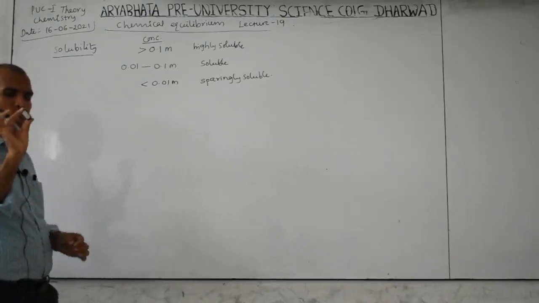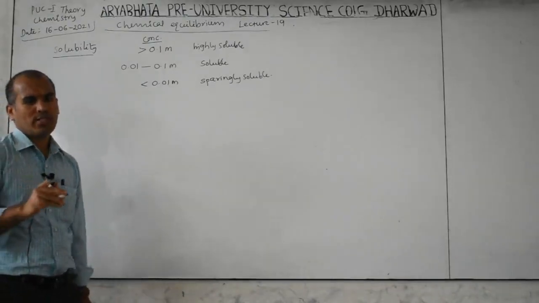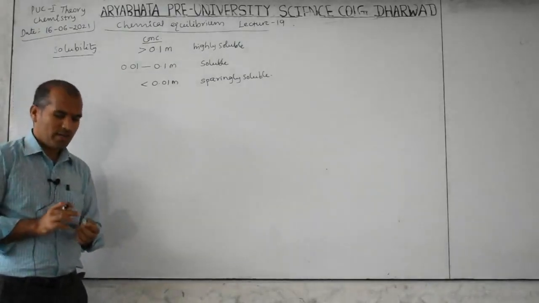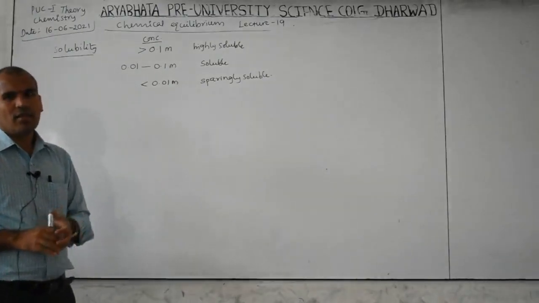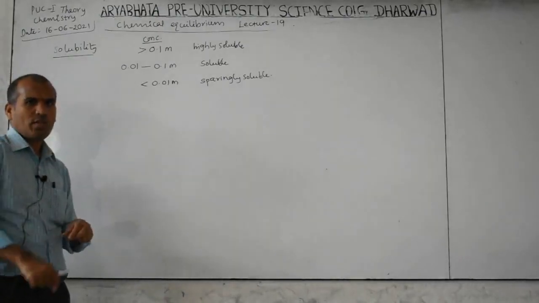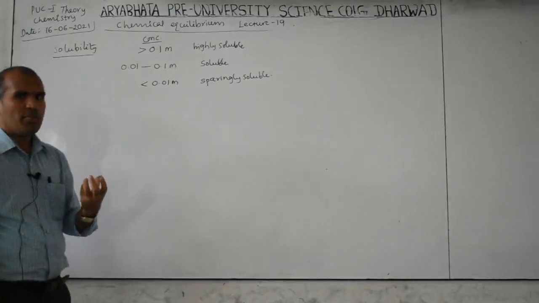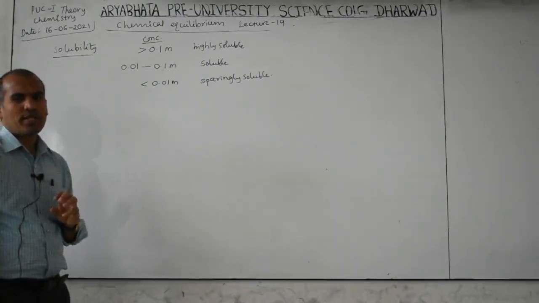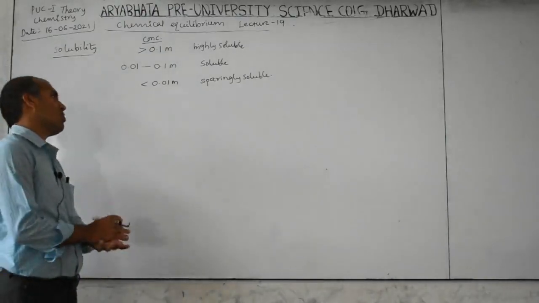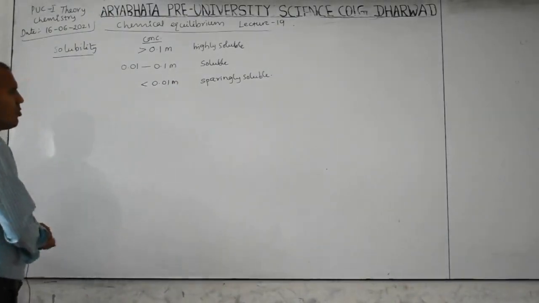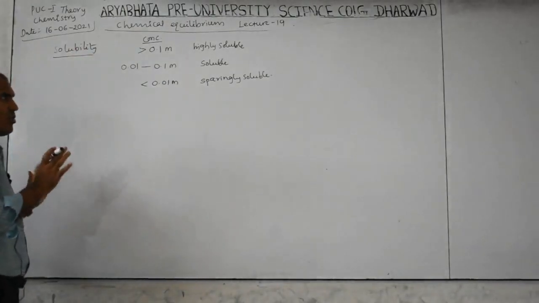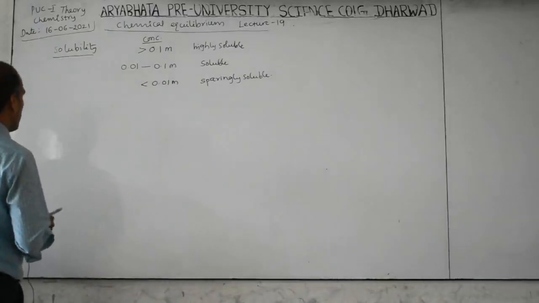If you add this much amount, only a small amount of the compound dissolves and the remaining appears as a solid; that is called precipitation. You may have observed in salt analysis, if Cl minus ion is present in the salt, when you add HNO3 and AgNO3, it appears as an AgCl precipitate. It does not appear totally as a solid; a turbidity type appears. It means it is a little bit soluble, and the remaining appears in solid form. Therefore, that is called sparingly soluble salts. Clear now? Based on this you may know what highly soluble, soluble and sparingly soluble compounds are.